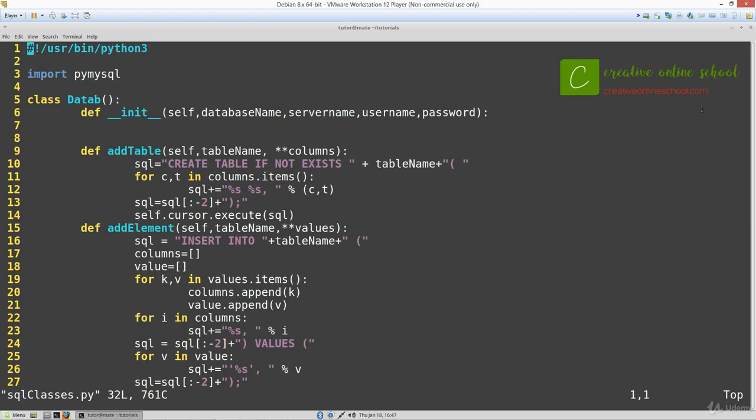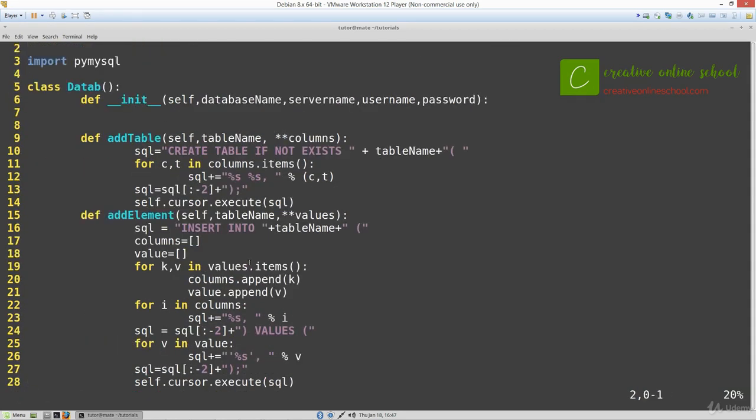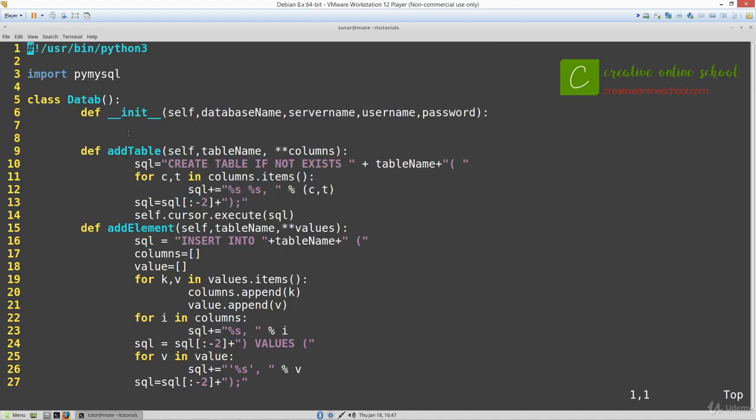Inside of this script, we're going to create a class called DataB. What this DataB is going to do is set up the parameters for creating our database, adding tables, and also adding elements. And then we can also view the table. Again, if you need to, you can pause the video and copy this code so that you can get caught up. But I'll explain what the code does as I go through those portions of the